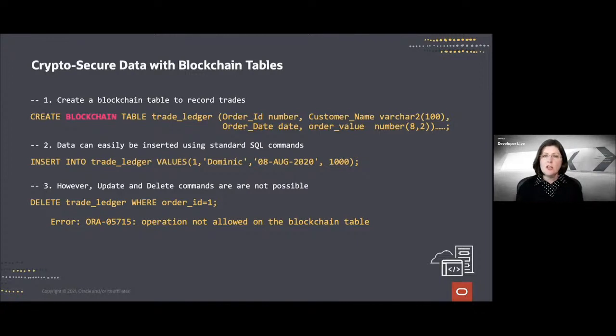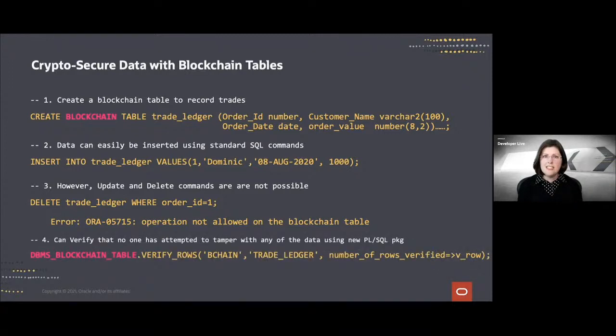Now, what about verifying that no one has tampered with the data in our blockchain table? Well, we're able to easily do that by taking advantage of the new DBMS blockchain table package that's inside the Oracle database. Part of that package is the verification process, or verify rows, which will go through each of the rows in that blockchain table. It'll confirm that the values in the row match the cryptographic digest for each one of those rows, ensuring that